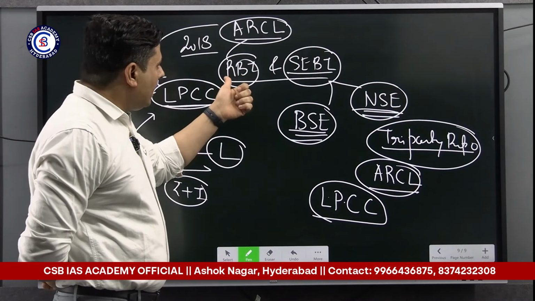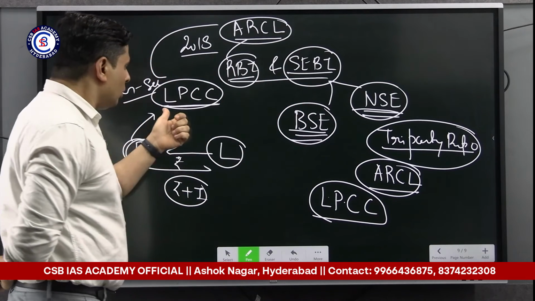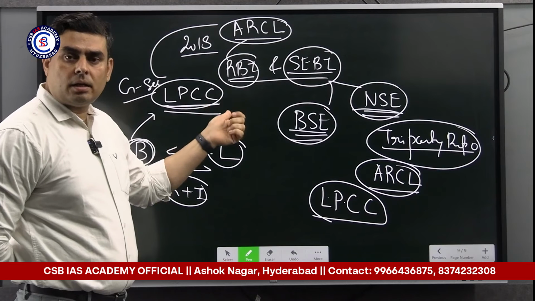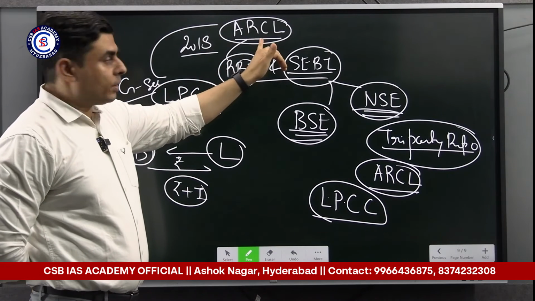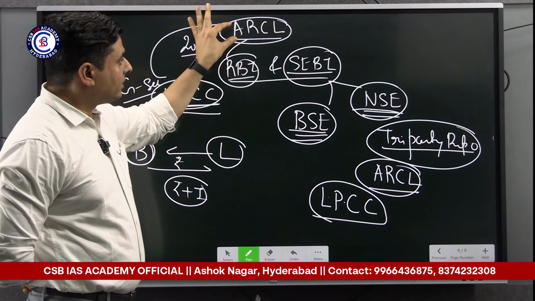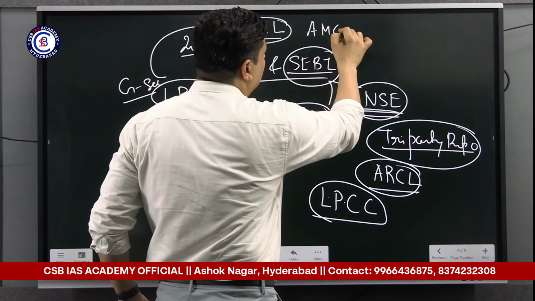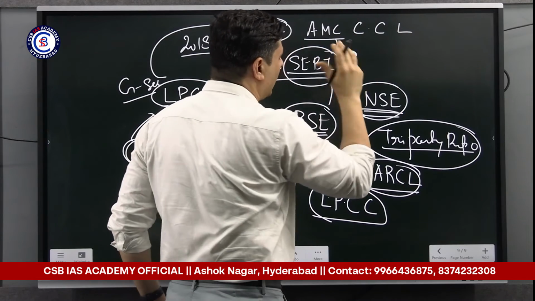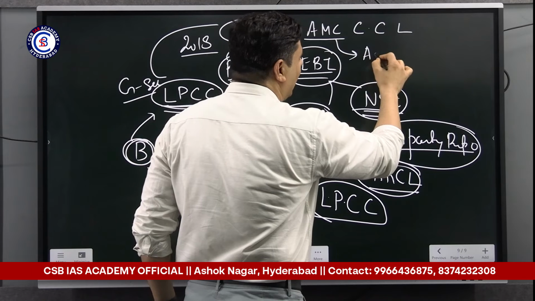Then it is RBI who gave a license to both of them to perform the role of limited purpose clearing corporation. This is known as ARCL, that is AMC Clearing Corporation Limited. Those who have doubt about what AMC means here, that is Assets